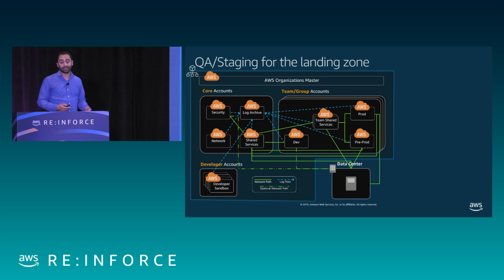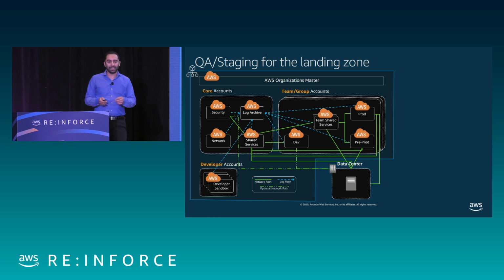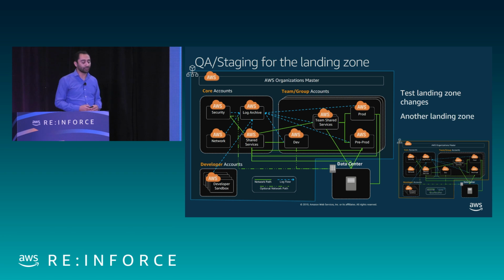We recommend a QA and staging landing zone environment too. This is not your development and production and pre-prod accounts for the individual teams. Those are sitting within the master one as always. This is the development and staging for the landing zone itself, the orchestration framework that controls all of this, which should be more tightly controlled in terms of development and deployment, but making sure that I can test those changes. And we establish a second landing zone, albeit a smaller one, but mirrors my master one, so that I can make changes to that orchestration framework without potentially breaking my entire organization.